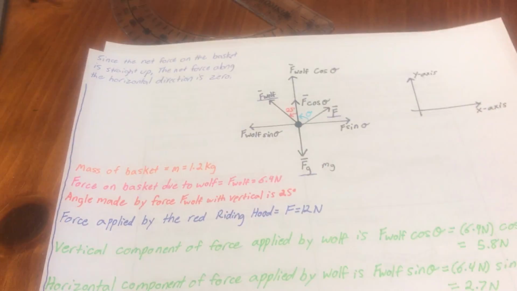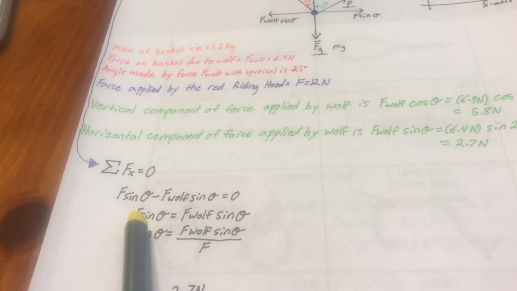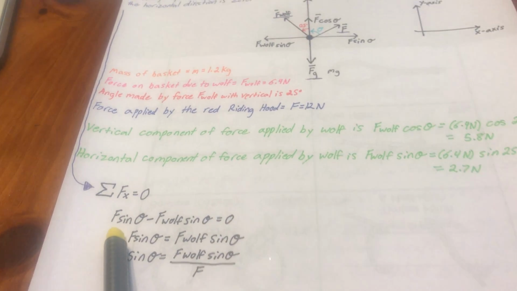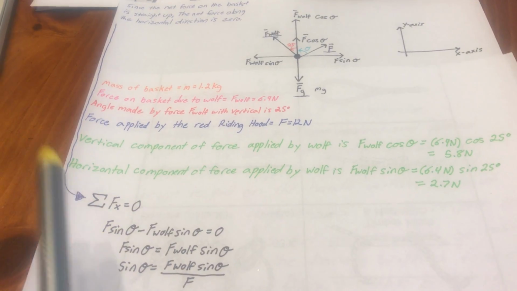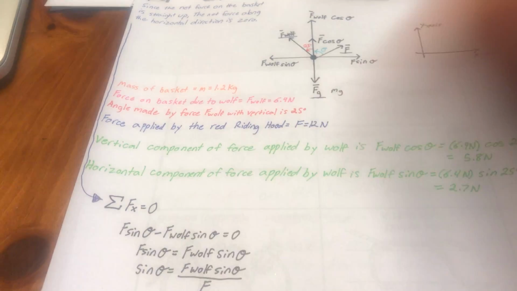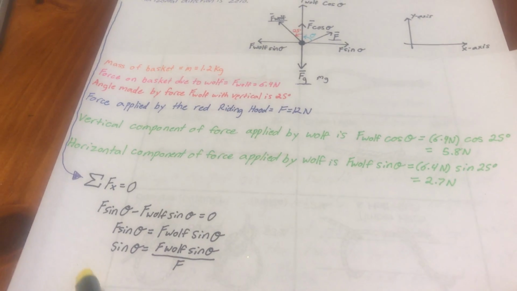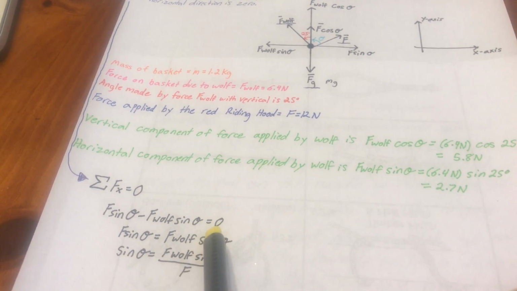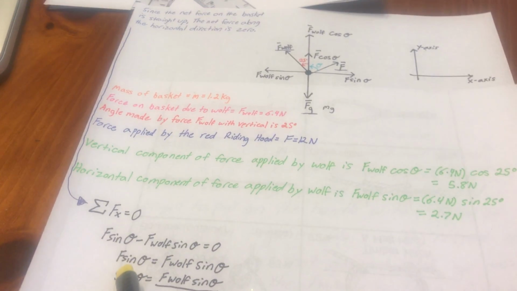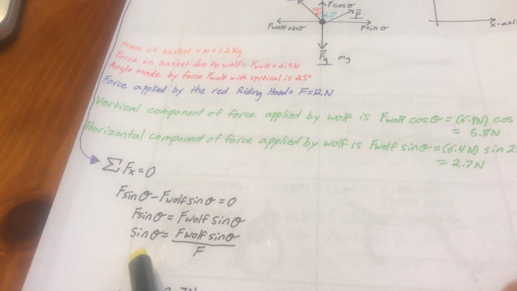And since the net force on the basket is straight up, the net force along the horizontal direction is 0. So the sum of the forces in the x direction equals 0. So I have her force sine theta minus the force of the wolf sine theta equals 0. And what I did here was added the force of the wolf sine theta to both sides, and that left me with her force sine theta equals force of the wolf sine theta, and